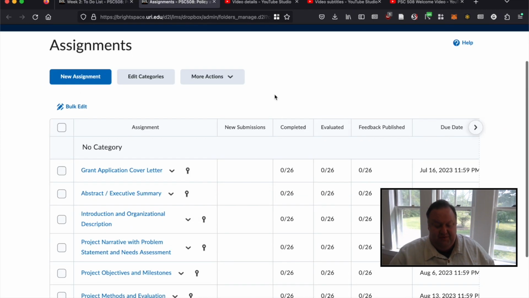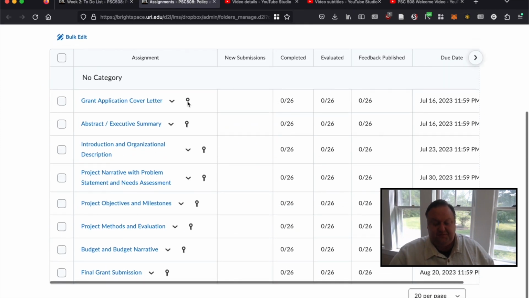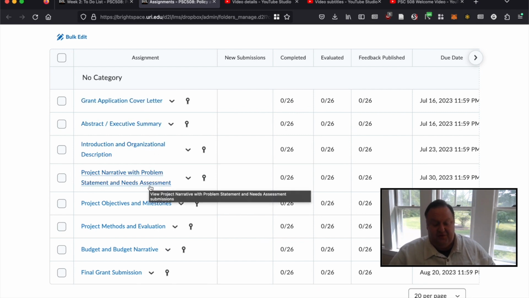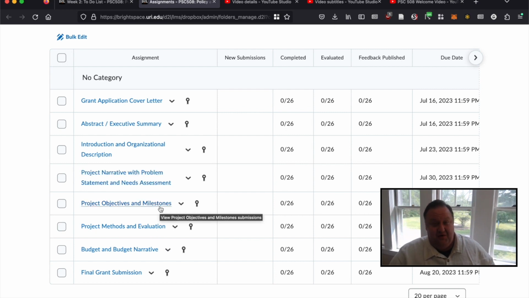So as to the assignments themselves, here are all of them. You'll have a cover letter, an abstract executive summary, an introduction and organizational description, a project narrative that includes a problem statement and a needs assessment. You're probably going to want a broader impact statement there too. Project objectives and milestones and tasks, and you're going to have to define exactly what those are and learn about the difference between them, and make charts and timelines that comport with the grant timeline that shows what you're going to accomplish by when and exactly what measurements we can take there, and what key milestones you expect to hit